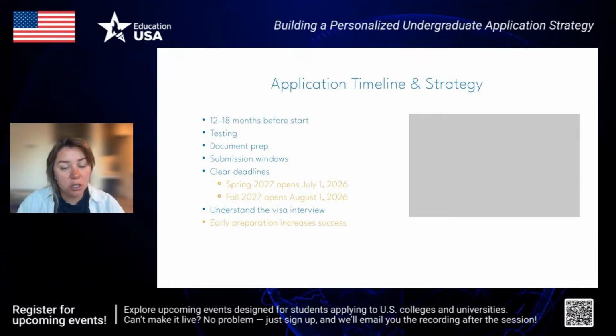Figure out the submission windows. For example, if you would like to apply, because now for fall our application period is over, the next upcoming cycle is spring, and this is similar to other universities as well. That's going to open here in a month and a half on July 1st. And for fall, our application opens on August 1st, where you can start filling in the application, but the date that you can submit it is starting October 1st.